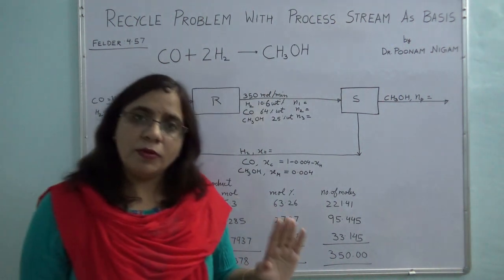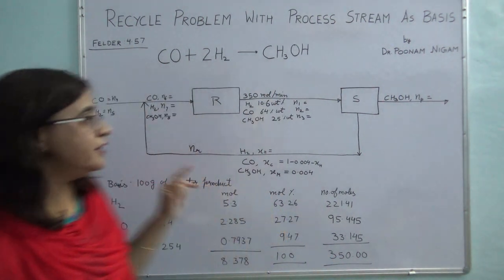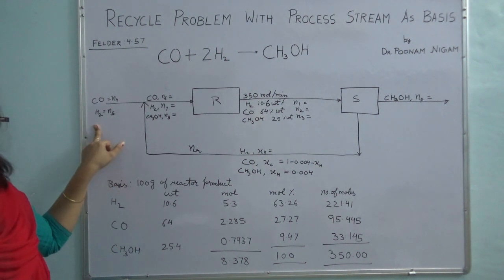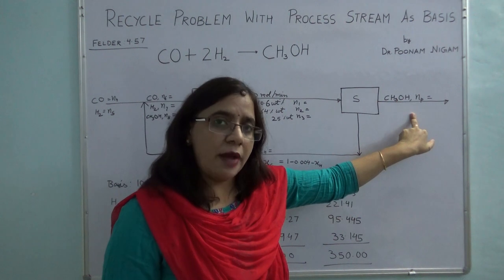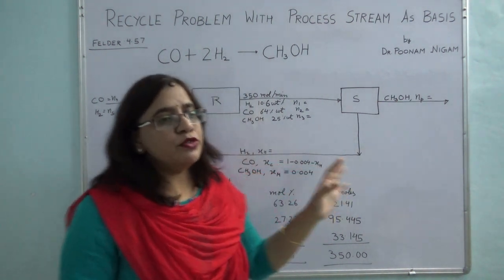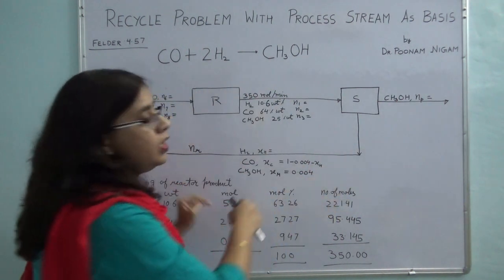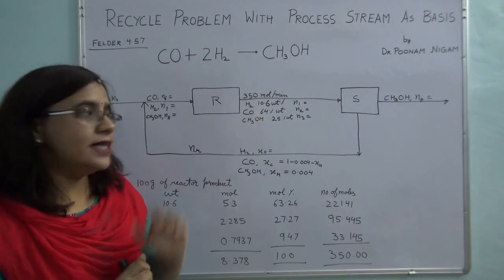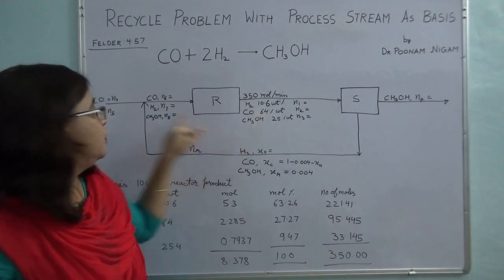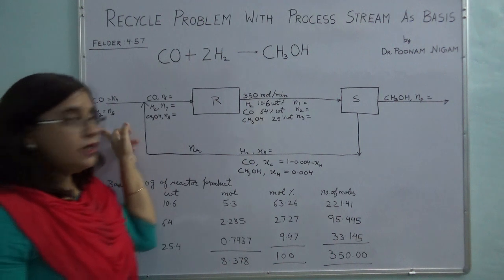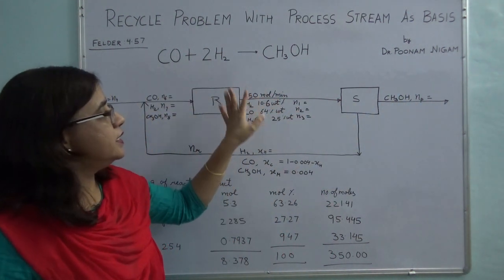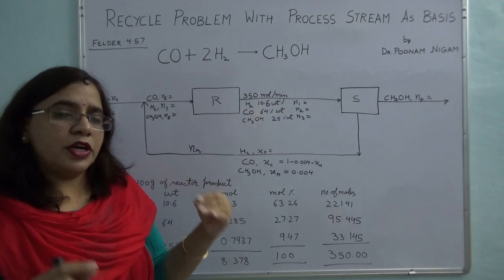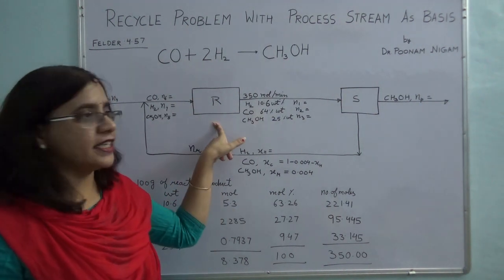Till now, whatever problems we had seen, either you were given the feed flow rate or something about this, or your product stream which was coming out. Okay, so that's why you could start by taking the overall balance. Now in this case there is a slight difference. You don't know anything about what is coming in or what is going out. Okay, what you have been given is just the product stream which is coming out from the reactor,